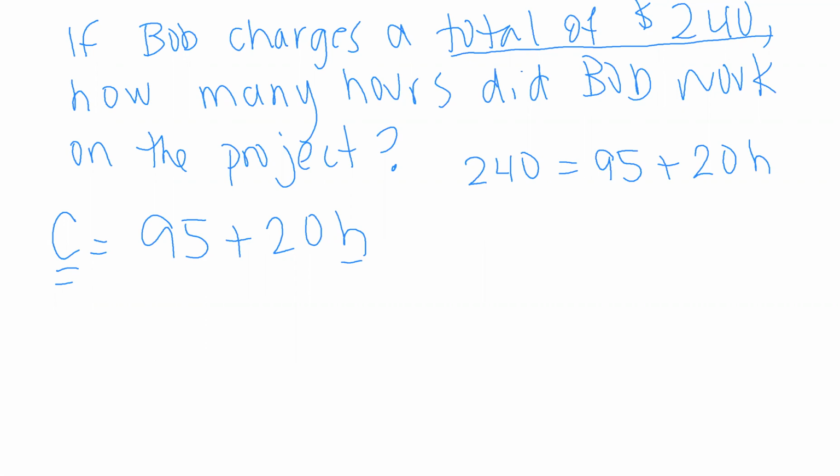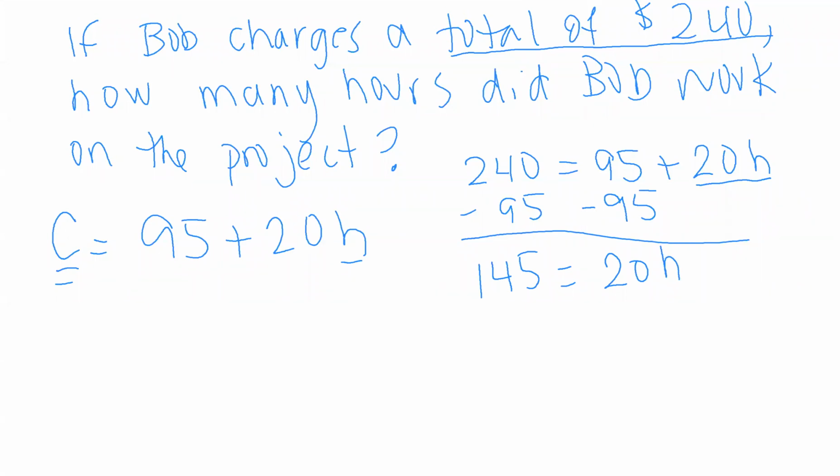So hopefully at this point you've already worked through how to solve single step or multi-step equations. What we need to do is isolate the term that contains the variable. So in order to isolate the 20h, I need to move the 95. I would move the 95 by subtracting. So we get 145 equals 20 times h. At this point, I need to undo the multiplication of 20 and its variable h. The way we undo multiplication is division. So I divide, 20's on the right cancel, that leaves me with just an h. And then 145 divided by 20 is